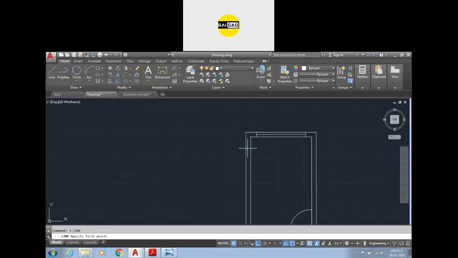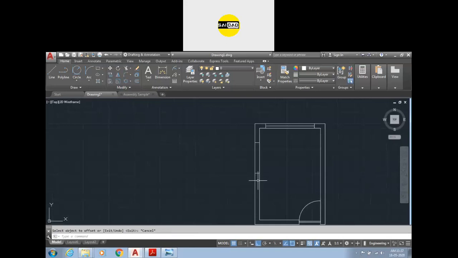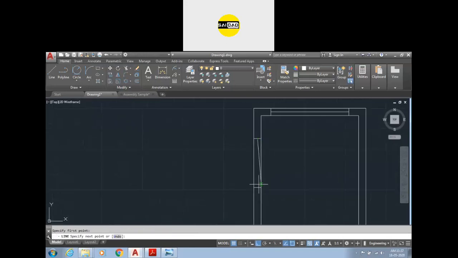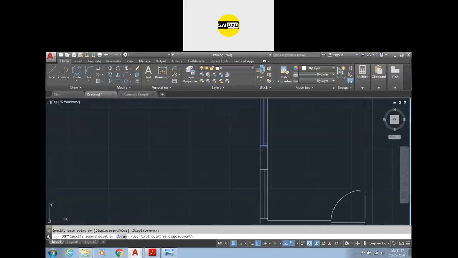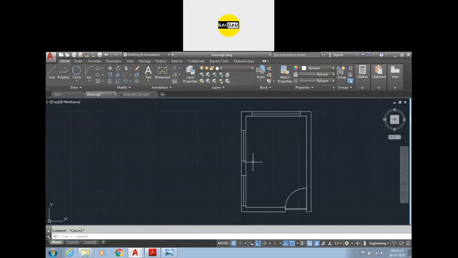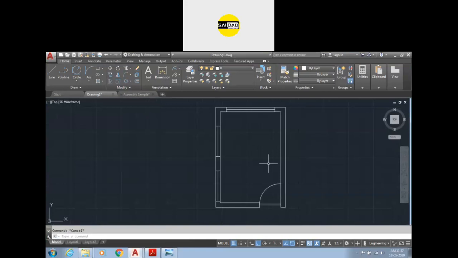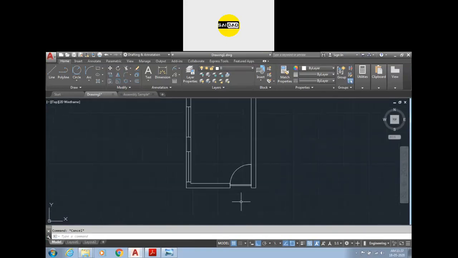You can create some window here also. I want a window of 5 feet. So offset 5 feet up here. Create a line in the mid. Okay, this will be the symbol again. I want its copy, and I want another window right here. So in this way you can create a window. Okay, any questions? How to specify these things?